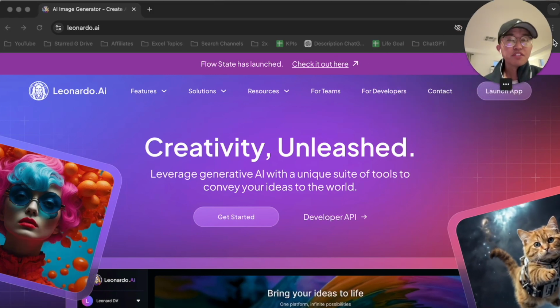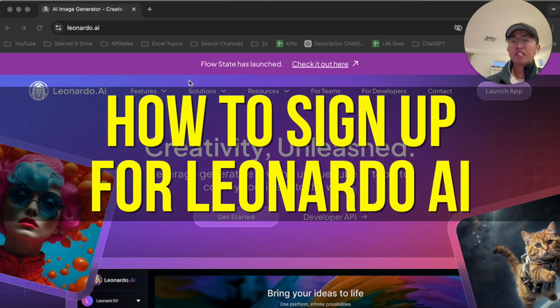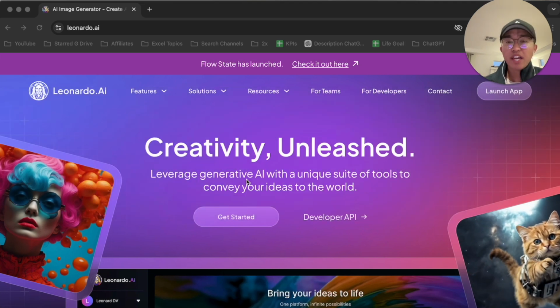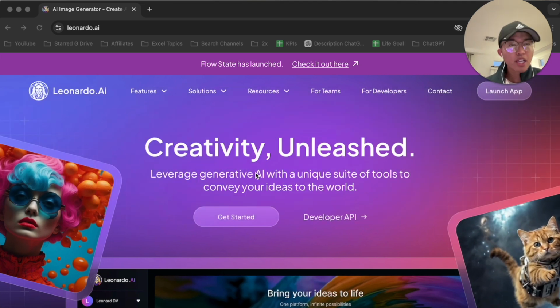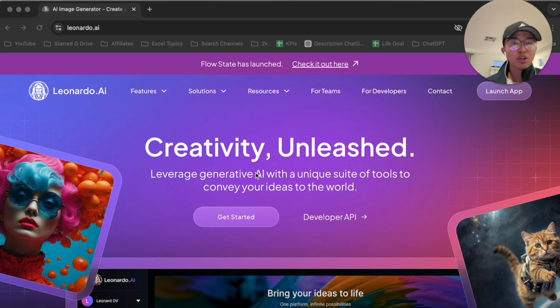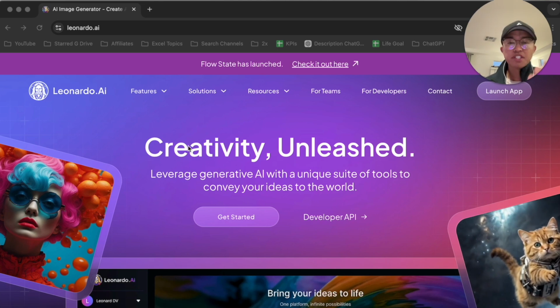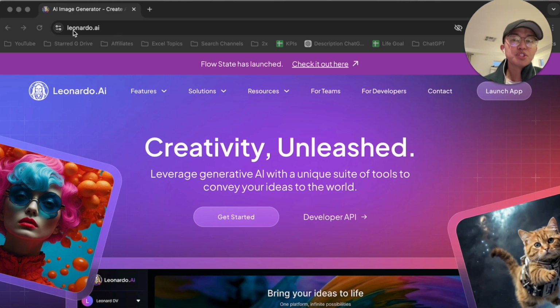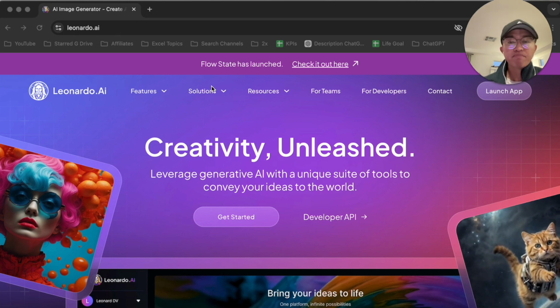Hey everyone, so in this video, I'm going to show you how to sign up for Leonardo.AI. So Leonardo.AI is a generative AI image tool where you can create images, graphic designs, logos, profile images using the power of AI. So in order to sign up, you're going to go to Leonardo.AI, and this is what their